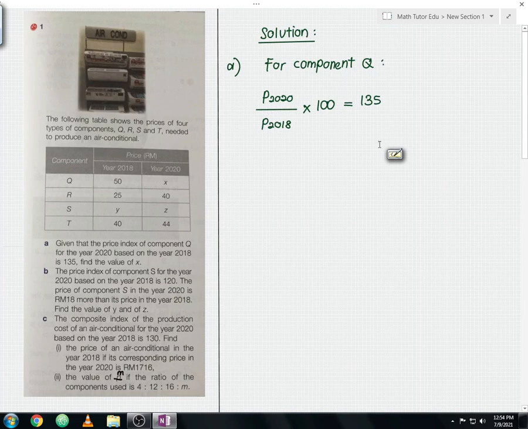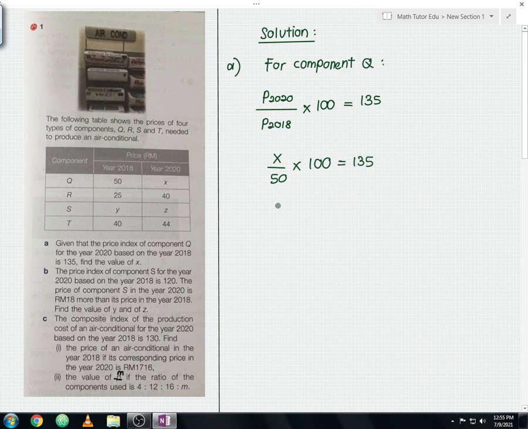From here, we're going to insert all the prices respectively for component Q into the working. For 2020 it will be X, for the year 2018 it will be 50. So from here, X over 50 times 100, you should get your price index equals to